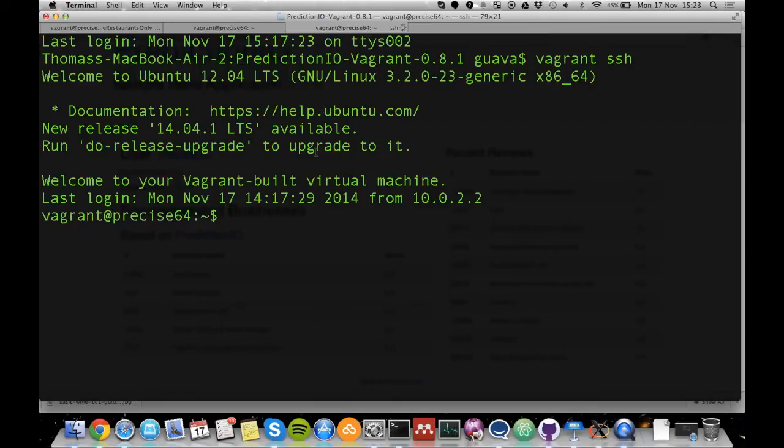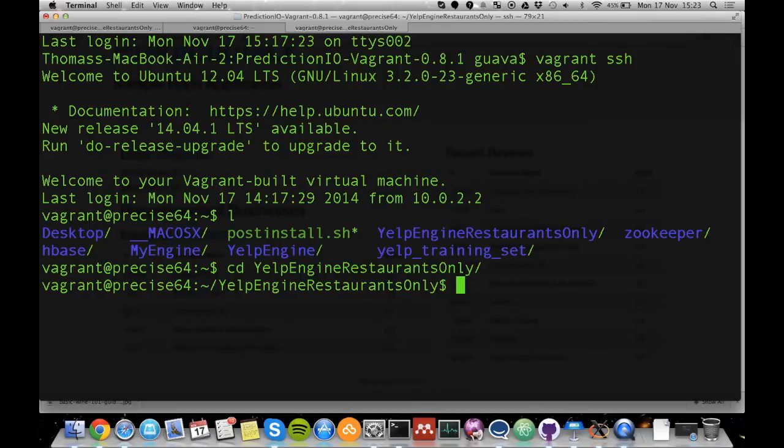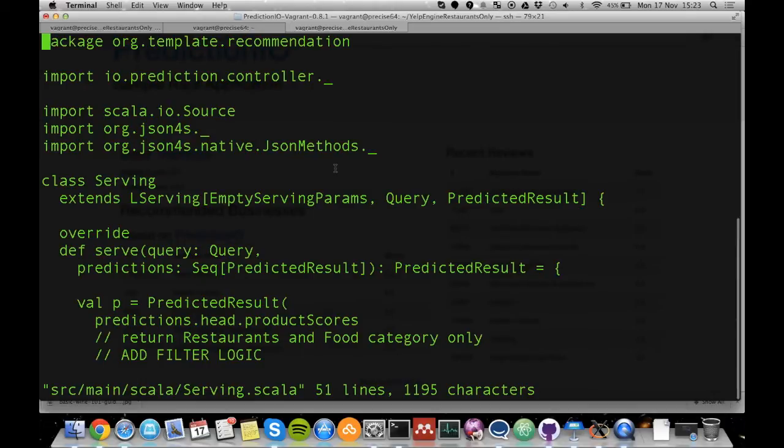So if I just load this. So this serving.scala file.